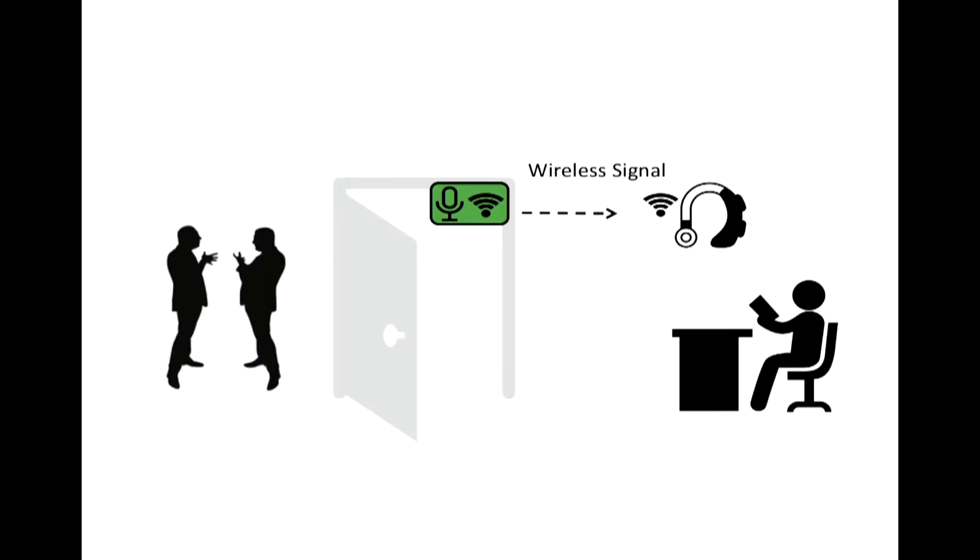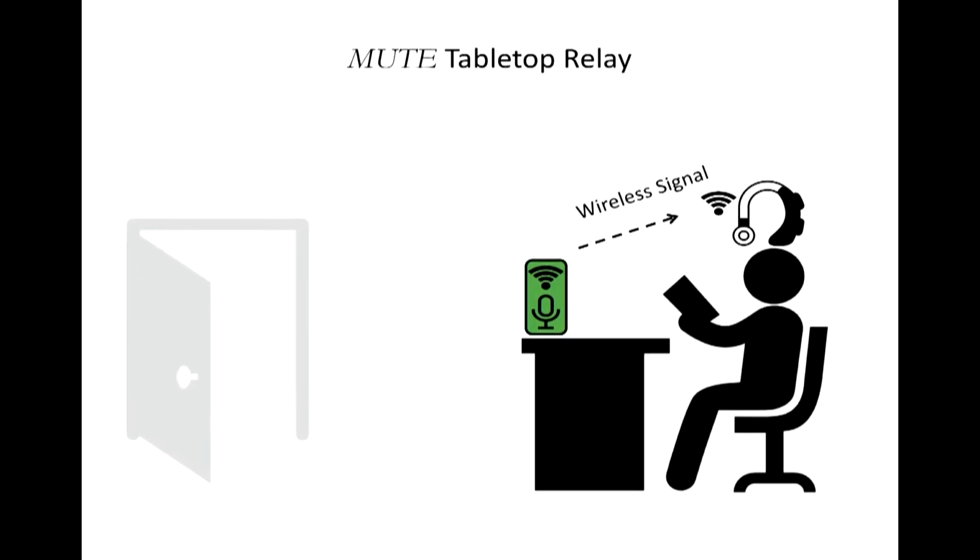So to wrap up, the core idea we are bringing to this solution is that wireless signals travel much faster than sound, providing a valuable look-ahead opportunity to noise cancellation. But what I've shown you is only the tip of the iceberg. We believe this architecture can be generalized in many, many different ways. For example, the first question I'm going to ask is, why do I need to put this IoT relay on the door? I can put it on the table in front of me. Even then it is fine, because I still get milliseconds of look ahead that's good enough for noise cancellation.